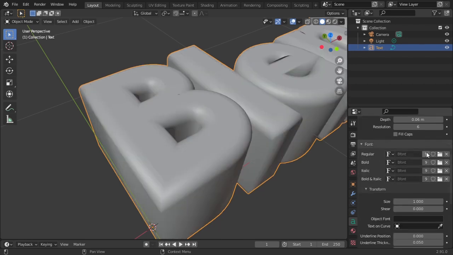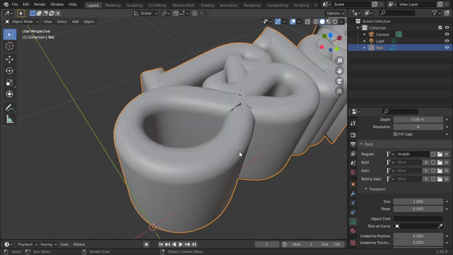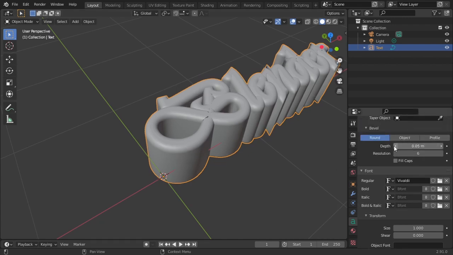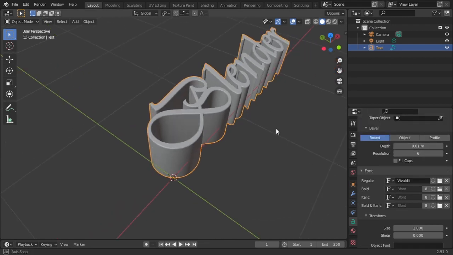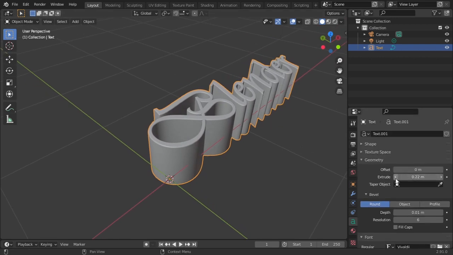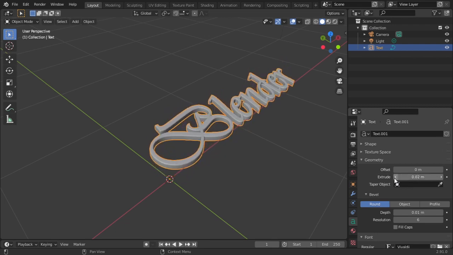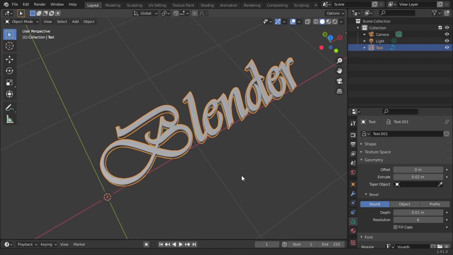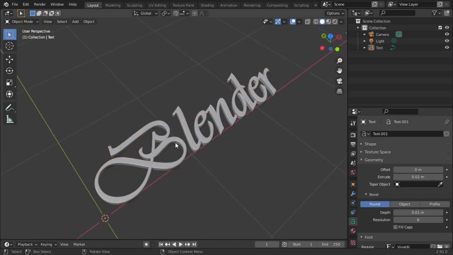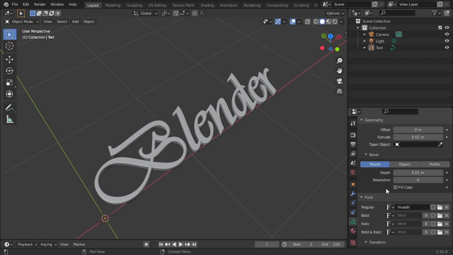Then we have got font. If we click on this folder, you get a lot of fonts, and then we can select any one of the font and open font. And let me reduce the bevel to 0.1, and that's how you get this bevel. And let me reduce the extrude value a little bit so that we can see the text in all its charm. You see this small shining. This shining is caused by bevel and the depth value of the bevel that gives this text a wonderful shine.